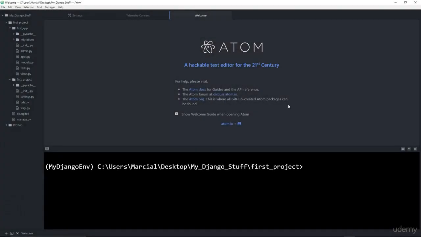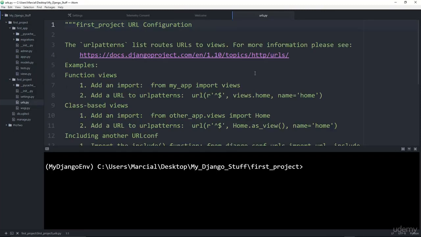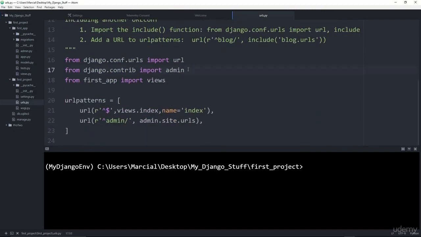Okay, so here we are at Atom. The first thing we want to do is check out our original urls.py file from our first project and import what we need to have there. Previously we just said from first_app import views, and then we called, using the url function, a regular expression that just said, put in the views.index in case you ever get anything just to the domain name. What we will do now is add in another url call here and put in a regular expression with an extension of this. Basically, it's going to say something like first_app/,